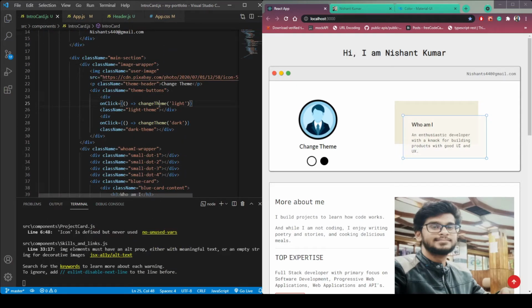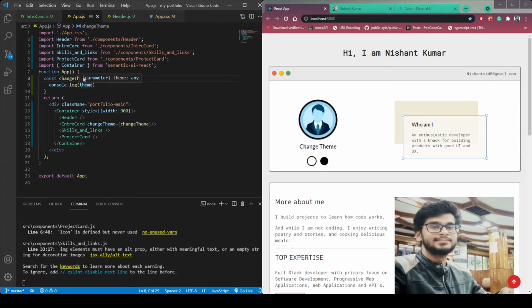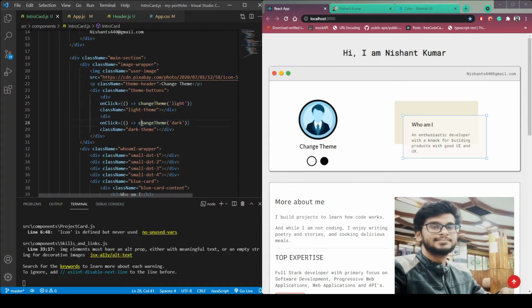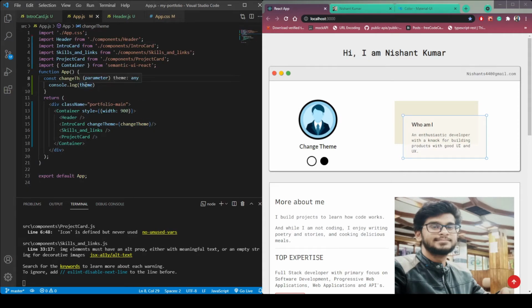So changeTheme, if we click this first light theme button, then light will pass to here and then it will show in the console. Similarly, if we click this dark theme button, this dark will pass as parameters and it will show in this console.log. So let's check it.